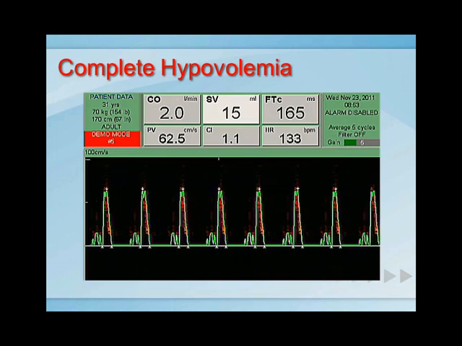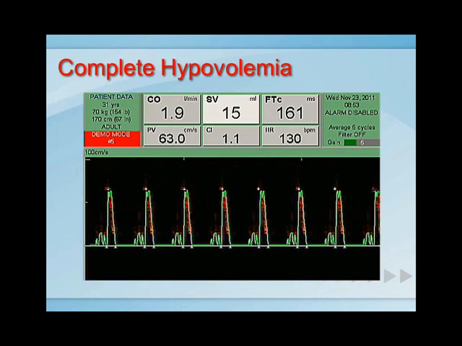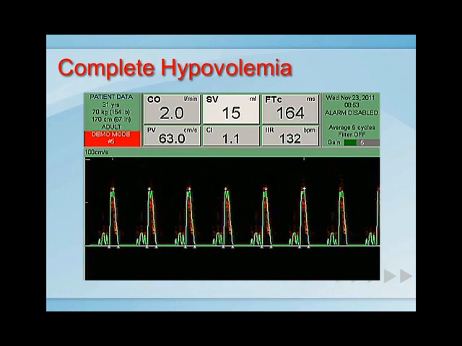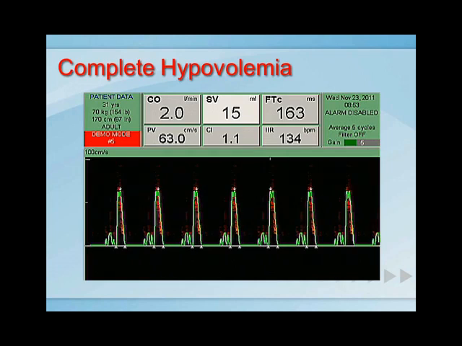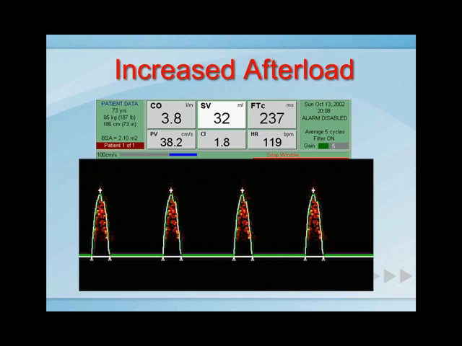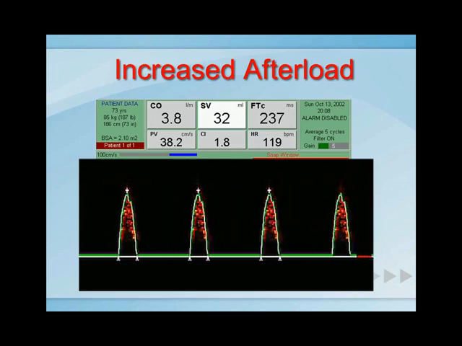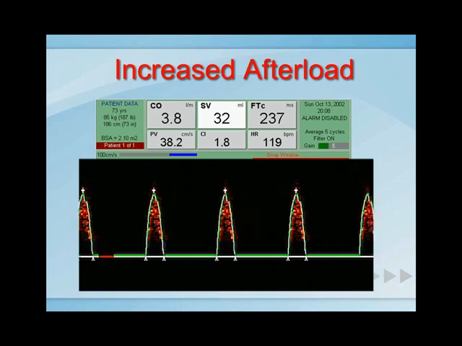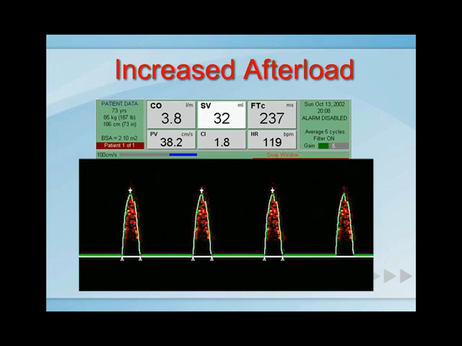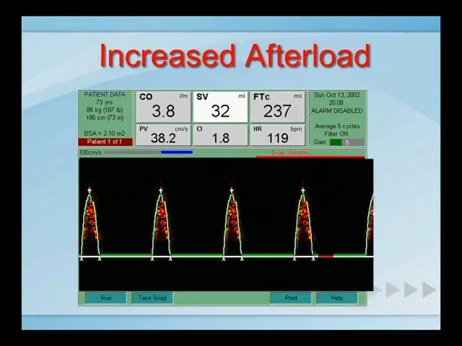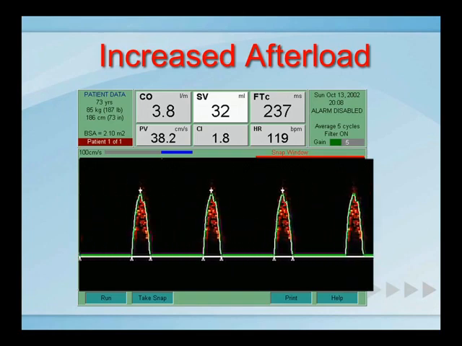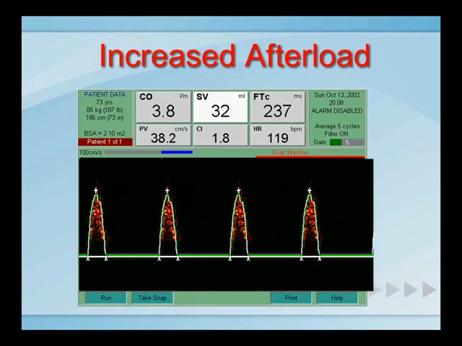This is an example of a patient with complete and massive hypovolemia. Notice the short waveform base, the fast heart rate, the low cardiac output, low stroke volume, and low flow time corrected. This is an example of a patient with cardiogenic shock, low flow time corrected, and peak velocity showing a high afterload state. You can try a fluid bolus first. However, if that does not work, you can reduce the afterload with a vasodilating drug. Then you can try a fluid bolus again, remembering that a patient with cardiogenic shock has a very flat slope